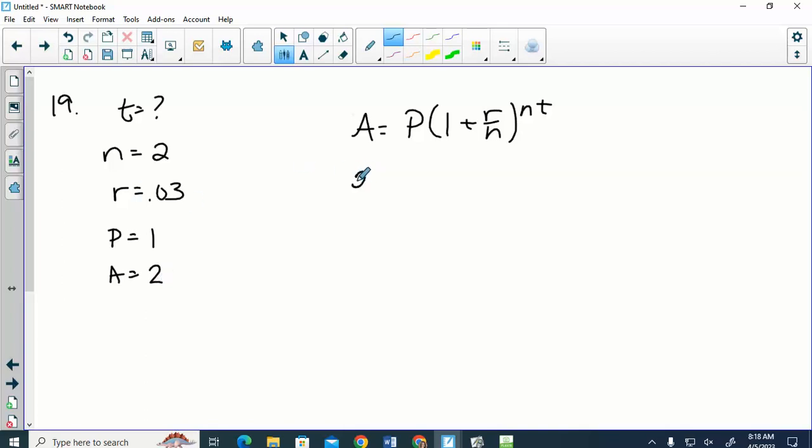So then if I plug those in, okay, if you did something other than 1 and 2, you would need to divide that over right now. That would just give you a 2 here. Then 1 plus 0.03 divided by 2. No matter what you do, you always get